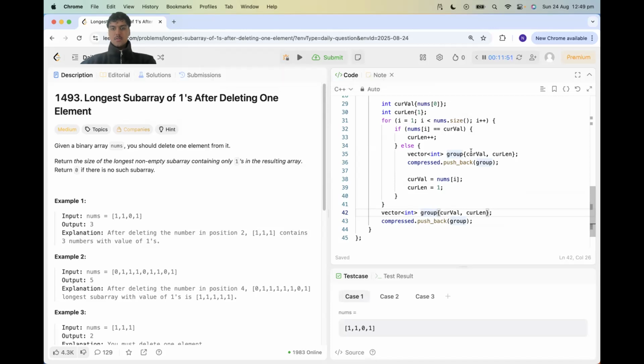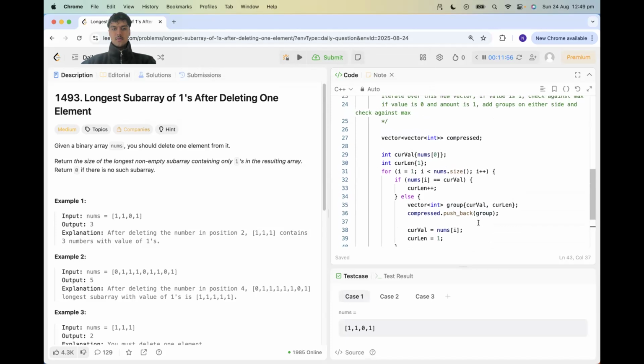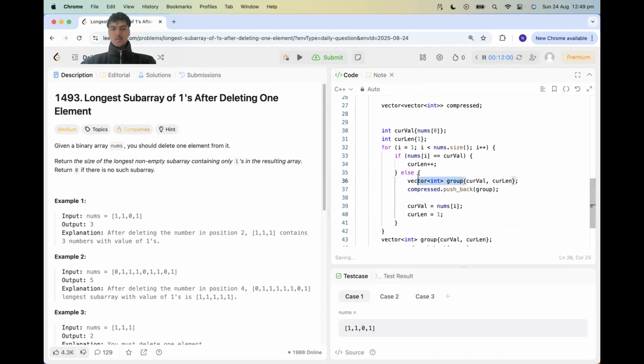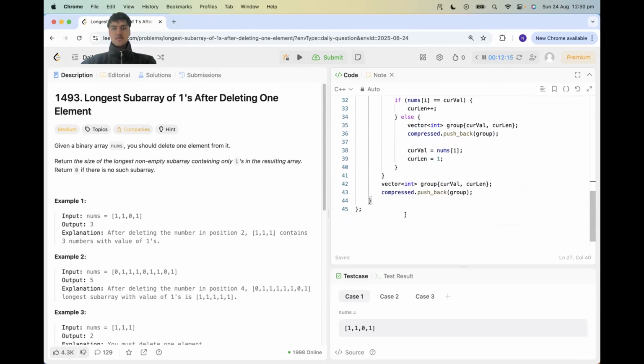It's okay for now, but I was thinking maybe it would be better to do an assignment here, but I think that should be fine. I'll just do it right. Okay, I'll just leave it as is for now. See if it works. Okay, then we've got to push back on the group, and then